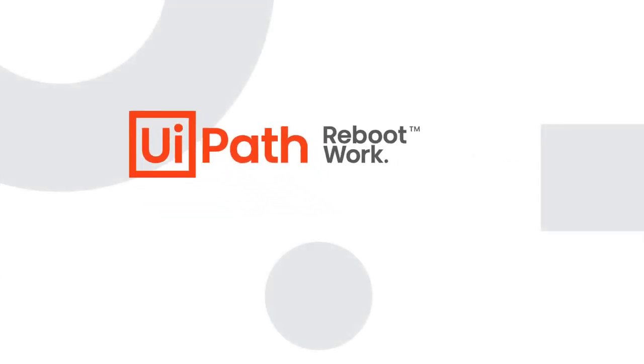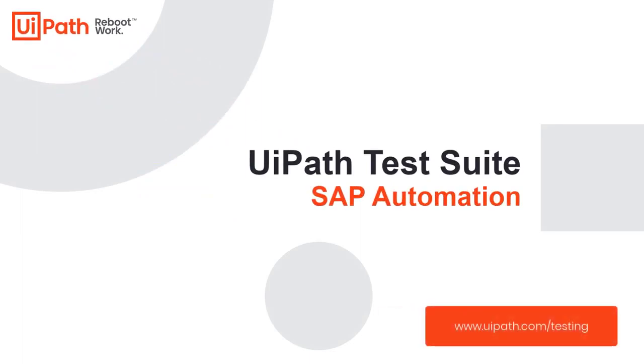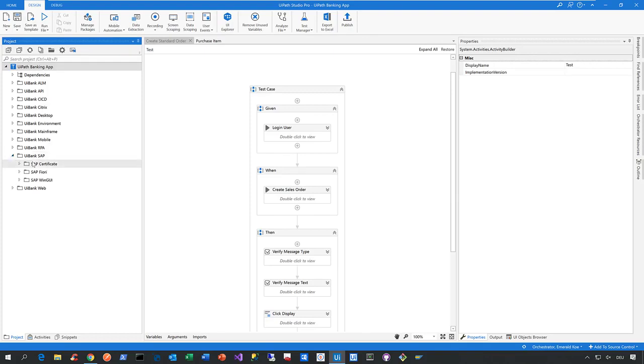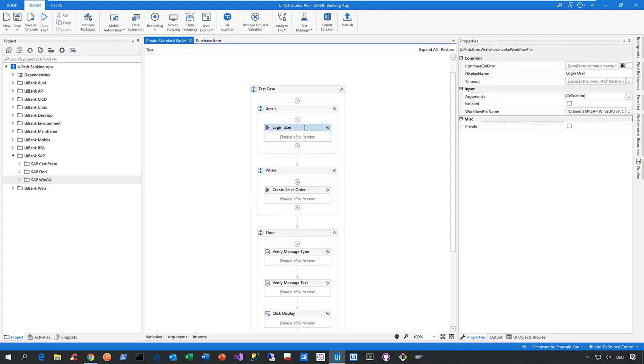Hi everyone, let me give you a quick overview of the SAP automation capabilities of the UiPath test suite. To do that, let's switch to Studio Pro, our most advanced IDE for automation here at UiPath. Now in this project called the UiPath Banking app, you can see that there is already some exciting SAP automation waiting for you. Now, before I show you that automation in action, let me point out that from now on,